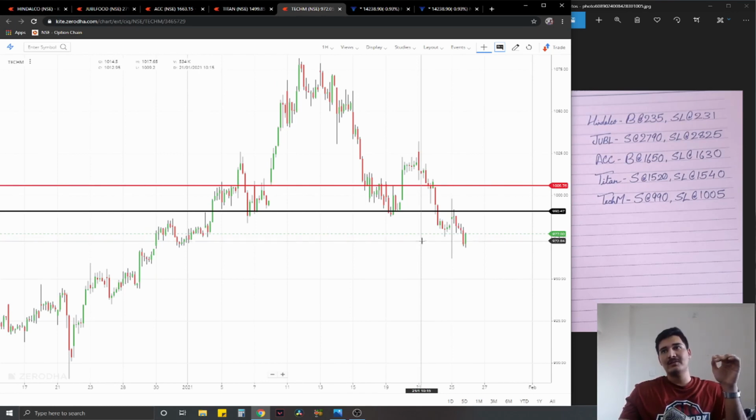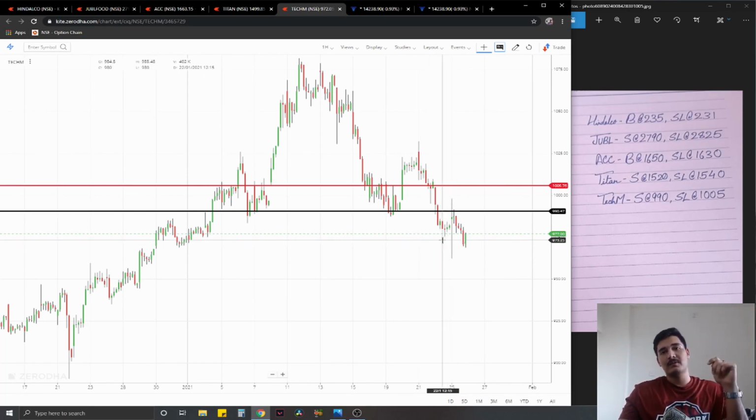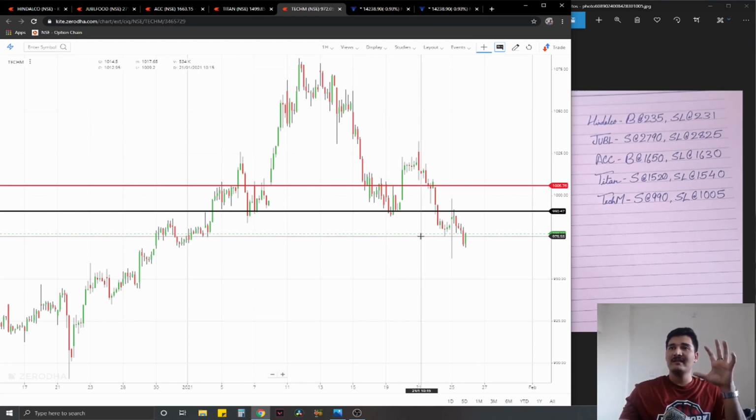Talking about the final equity trade that we have, it is a short plan on Tech Mahindra, where it had a strong established demand zone at 990 to 985 levels, but it has broken that really strongly, and we have seen new selling pressure surface from that very price region. So that is exactly where we are planning a short at 990, stop loss at 1005, ideal targets 1% on the